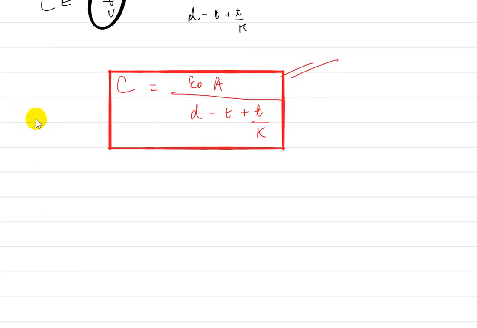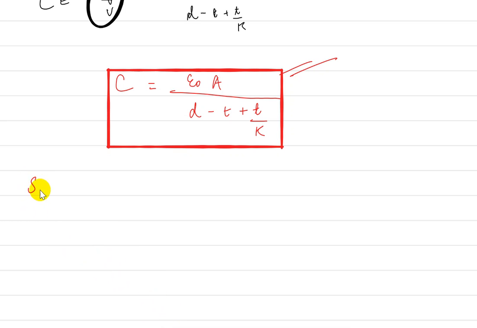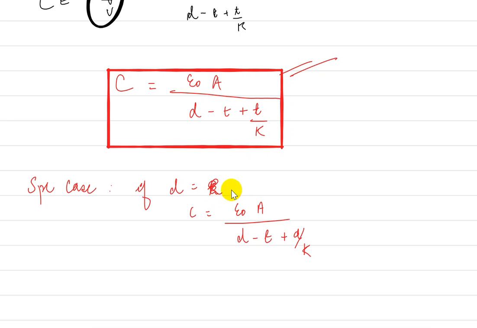We also have a special case for the same. Sorry, if we have D is equal to T, if the thickness of the parallel plate capacitor is equal to the thickness of the dielectric slab, then we get C is equal to,